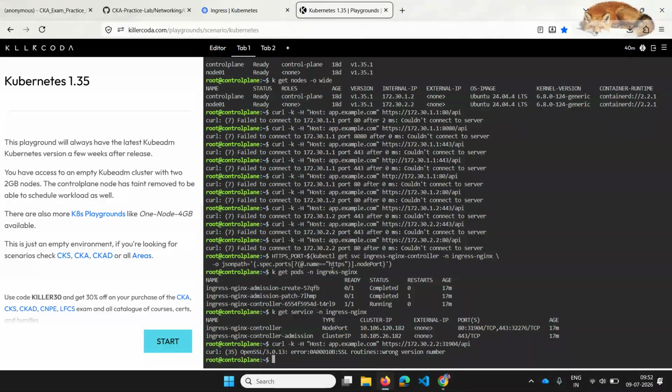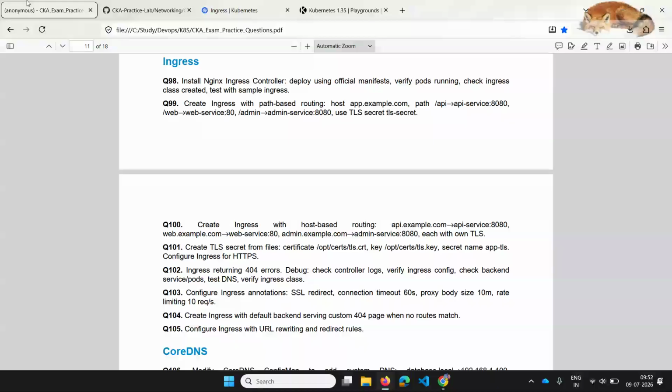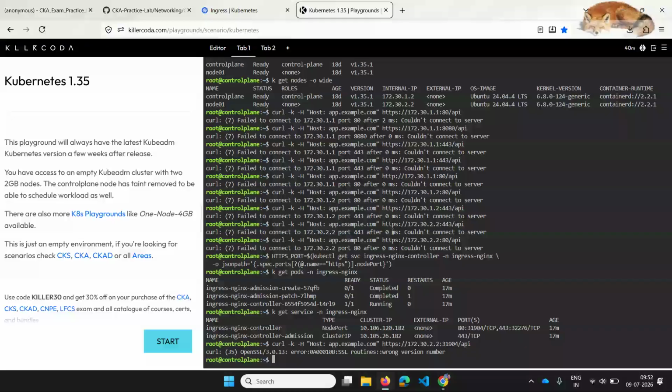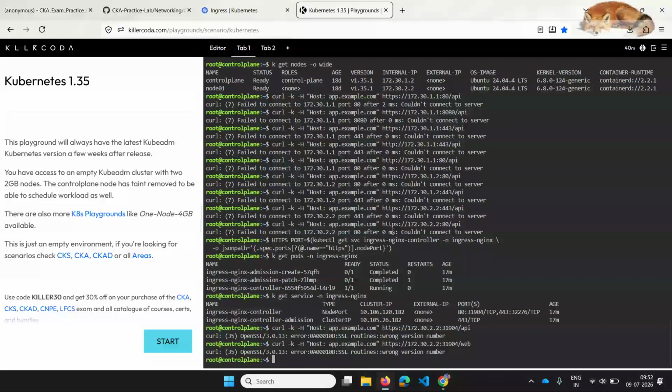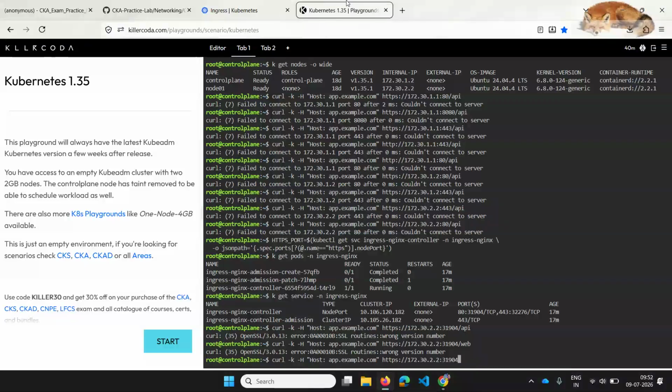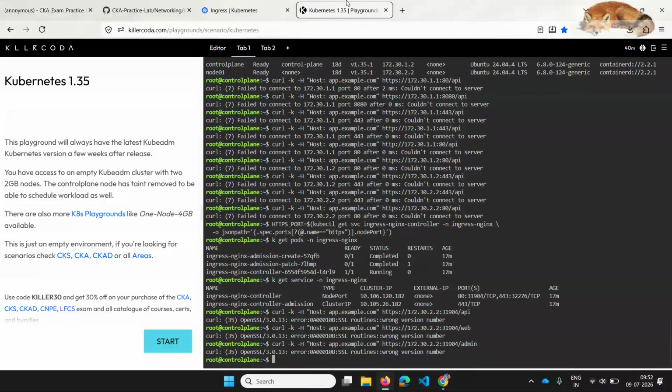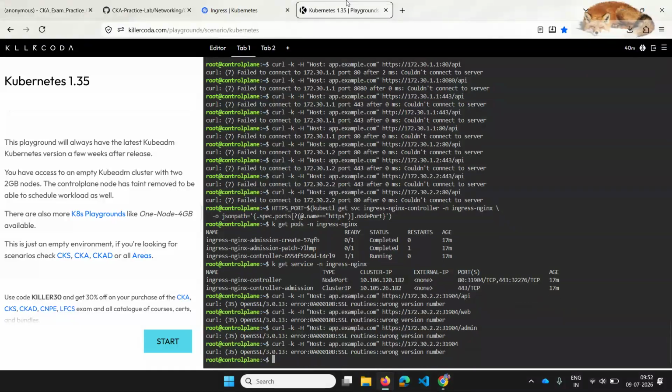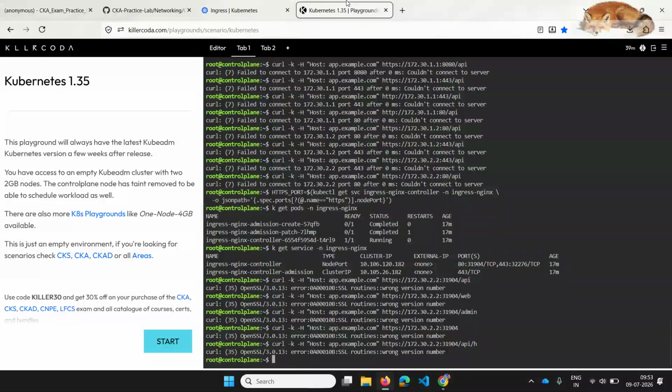Okay. So we have slash api. We also have slash web, I guess. Yeah, and admin also we have, I guess. If you do this way, even this I'm able to do. Slash h.